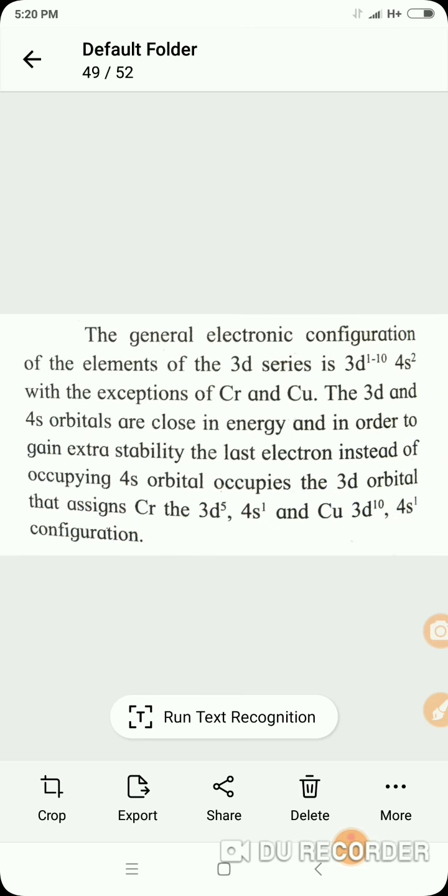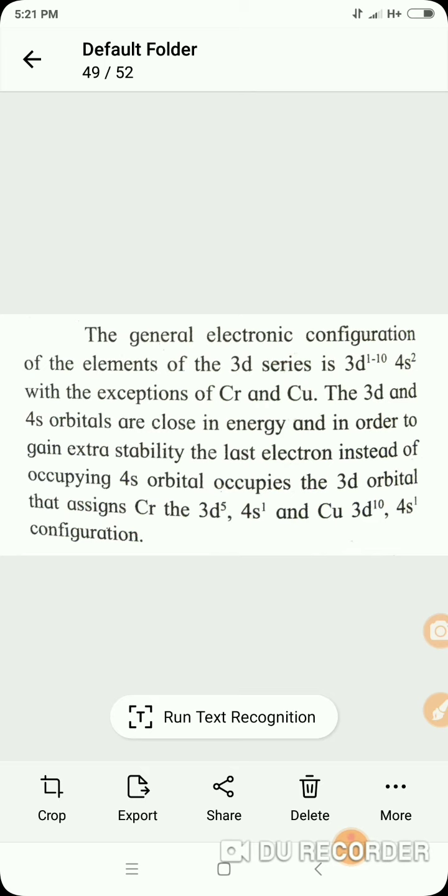The general electronic configuration of the elements of the 3d series is 3d1 to 10, 4s2, with the exceptions of chromium and copper. Among the 3d series, from scandium to zinc, only chromium and copper show exceptional behavior due to extra stability. The 3d and 4s orbitals are close in energy. When we study the Aufbau principle or diagram, the orbitals are arranged in increasing order of energy, and the 3d and 4s orbitals are close in energy, and in order to gain extra stability,